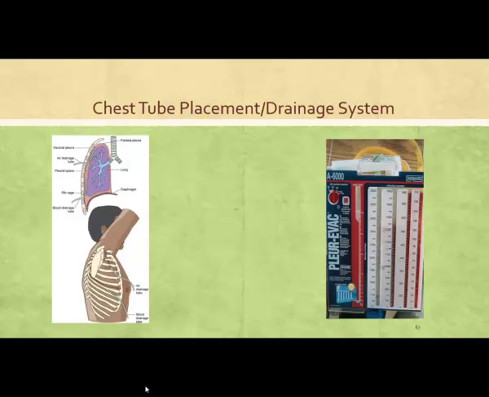Typically what we see is a 3-chamber unit, which is the picture that you see up on your screen. So you have a chamber that is used for the drainage collection, another chamber that is the water seal to prevent air from moving back up the tubing system and into the patient, and then the third chamber is when suction is applied. And so you want to go back and look at your facility's policy and procedures when caring for the patient with a chest tube.